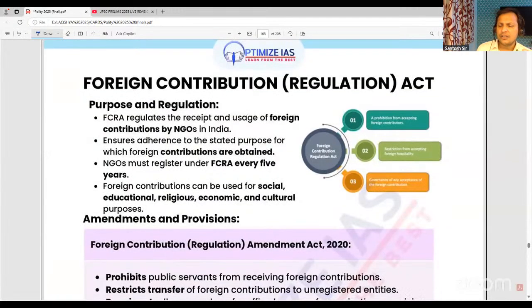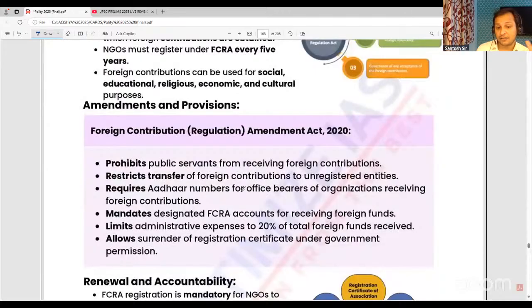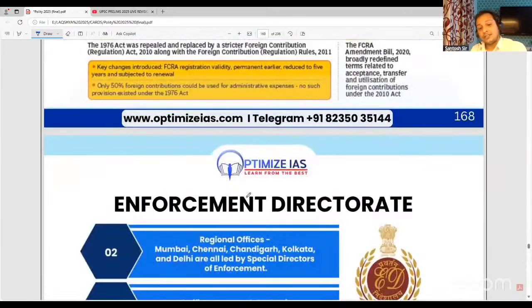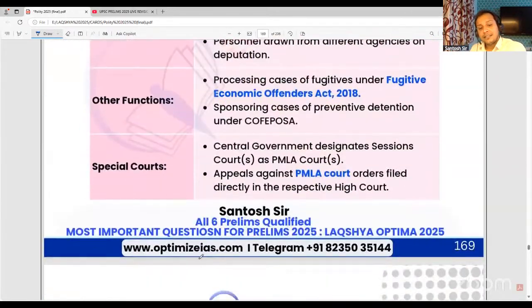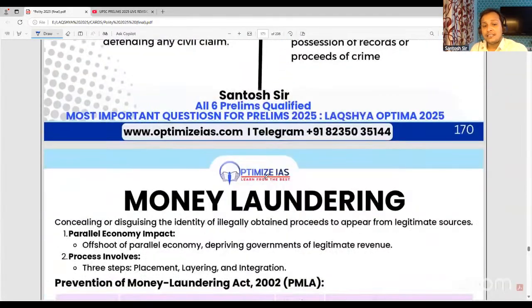FCRA has been in the news for so many years. Still, UPSC has not asked a question on FCRA, but you can expect a question on FCRA also. Very, very high chances. So guys, these were some of the important